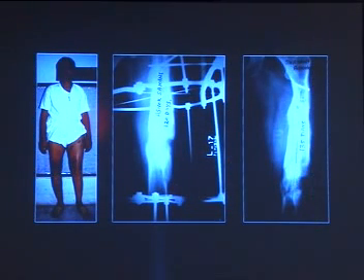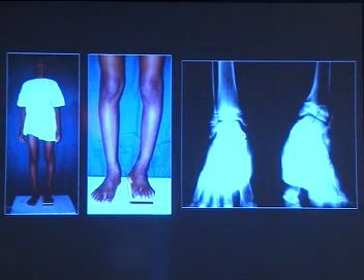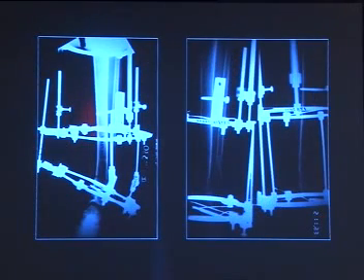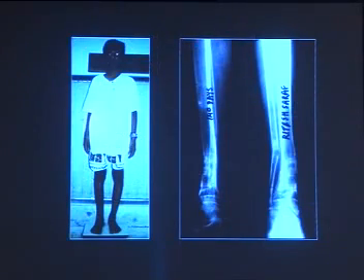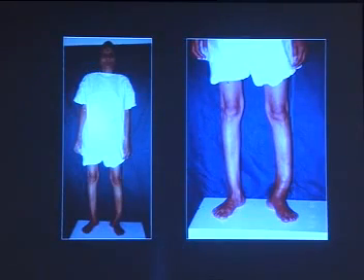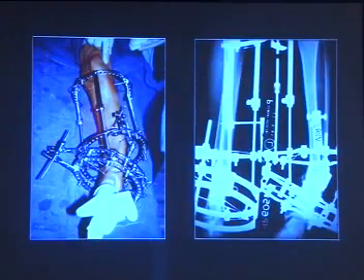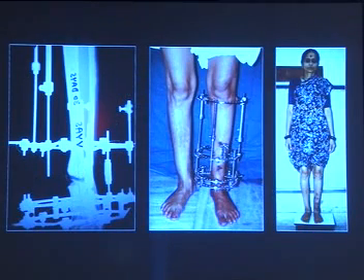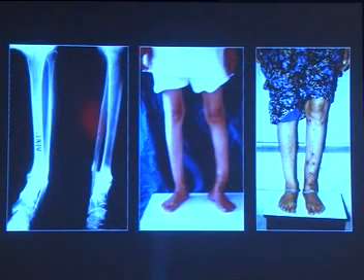So this is after 4 months the consolidation has occurred, good alignment of the limb. This is another case, varus deformity of the lower end of juxta-articular tibia. This is the correction. This is another case. This is another case. And you got a complete correction of the juxta-articular deformity of the tibia. And you can see here what was the deformity before, and now it is straight after using an Ilizarov frame.